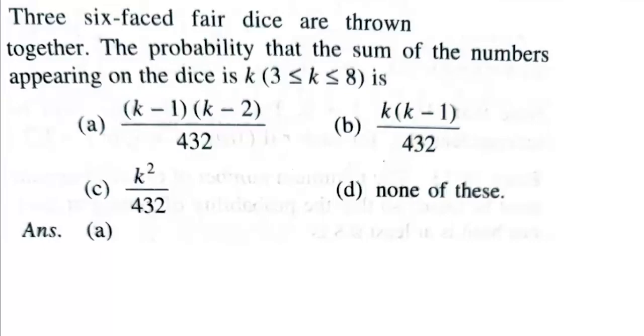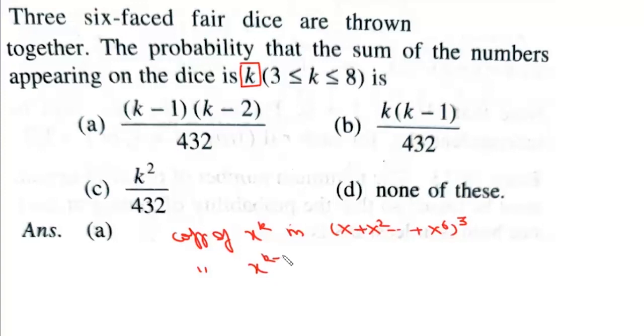Now here the question is, 3 6-faced fair dice are thrown together. The probability that the sum of numbers appearing on the dice is k. That means we have to find the coefficient of x to the power k in the expansion of x plus x square up to x to the power 6, and together there are 3 fair dice. So it will be this to the power 3. Now we can take x cube common, so we can find the coefficient of x to the power k minus 3 in the expansion of